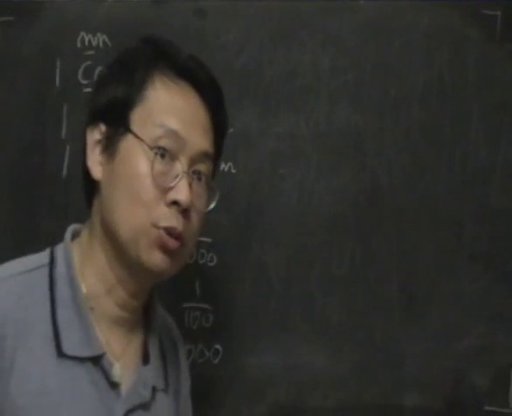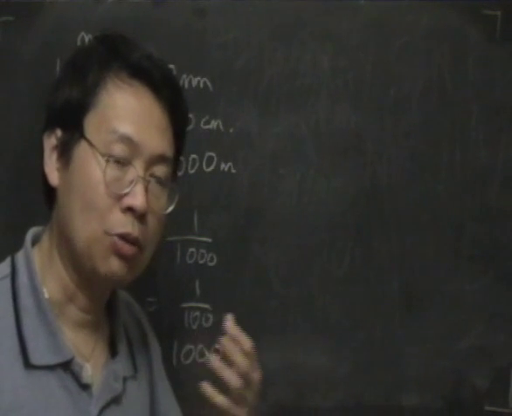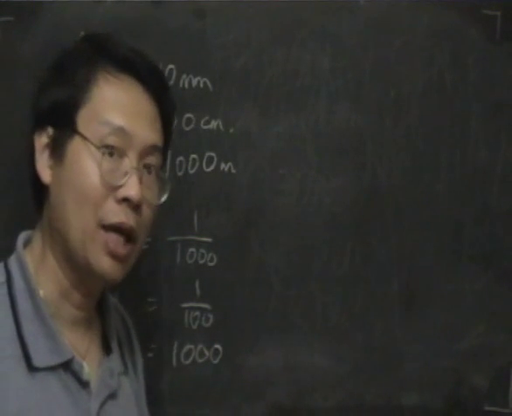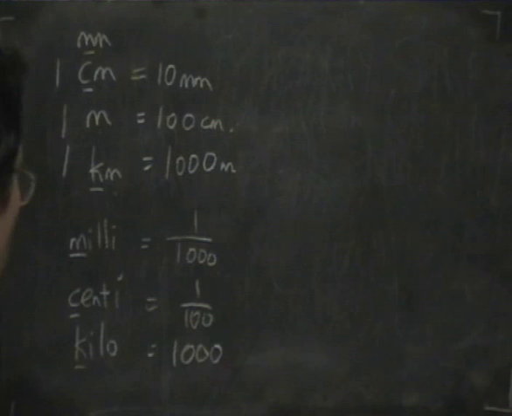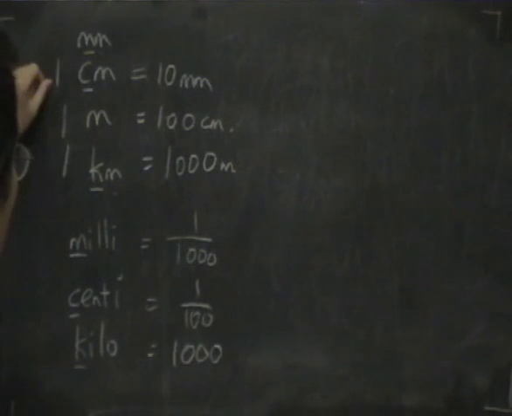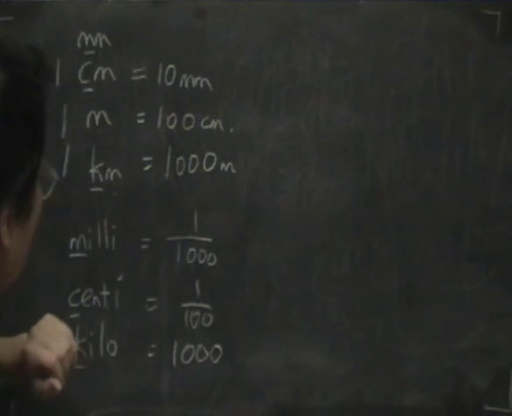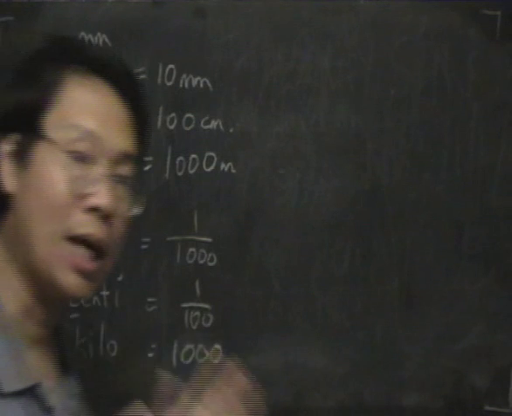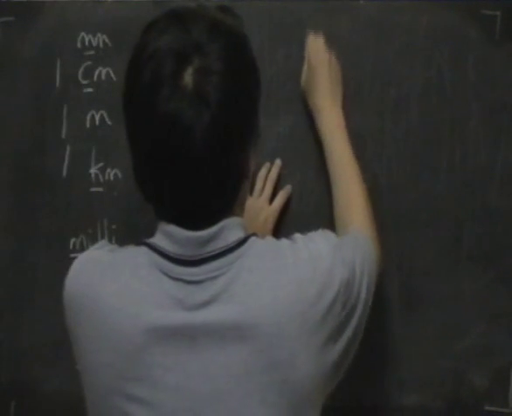And we often have to do that when we need to calculate lengths and areas in maths. So let's use this to write down the lengths in terms of meters. So if I say 1 mm,